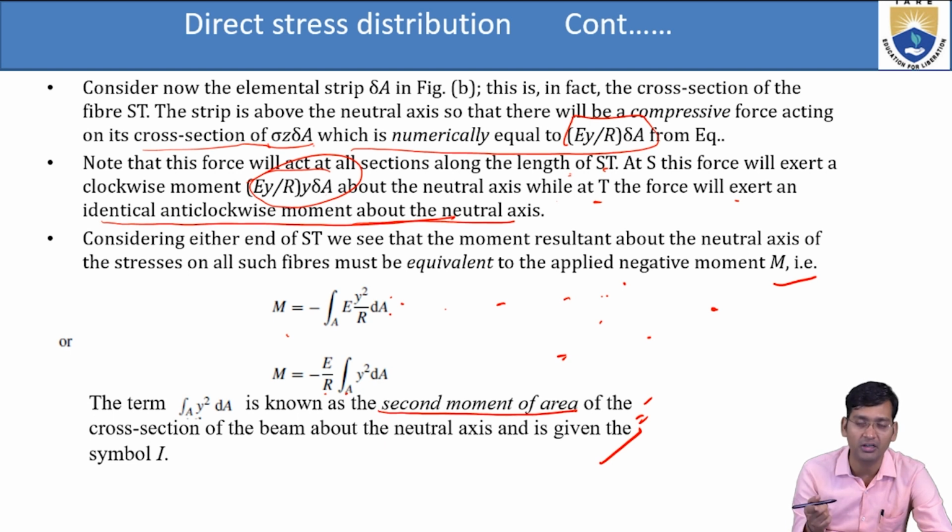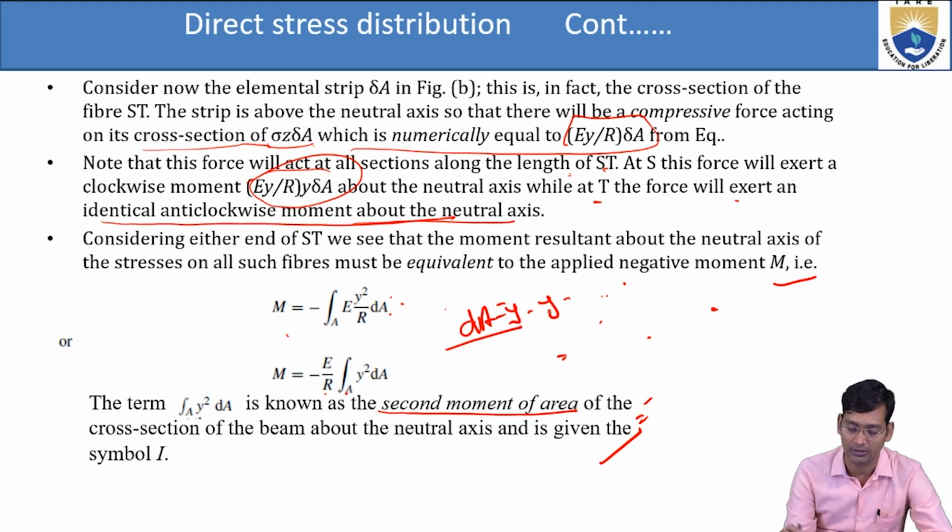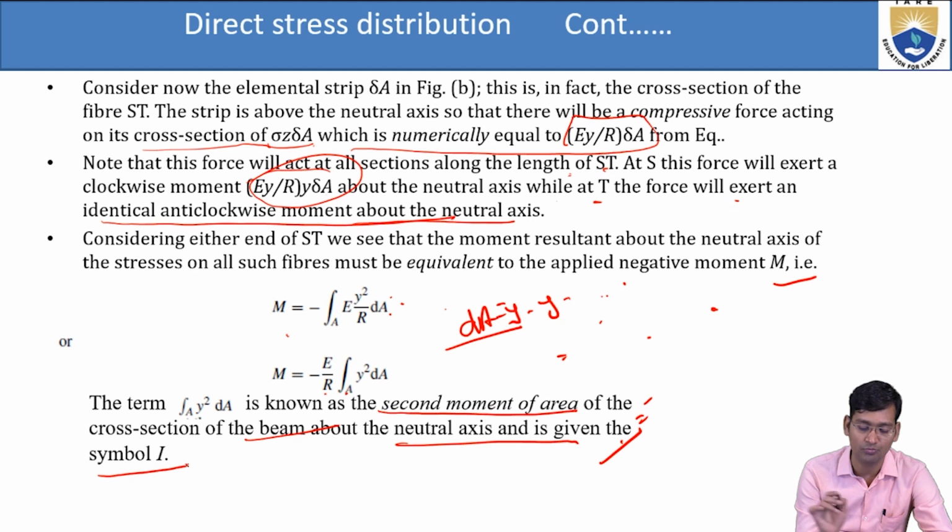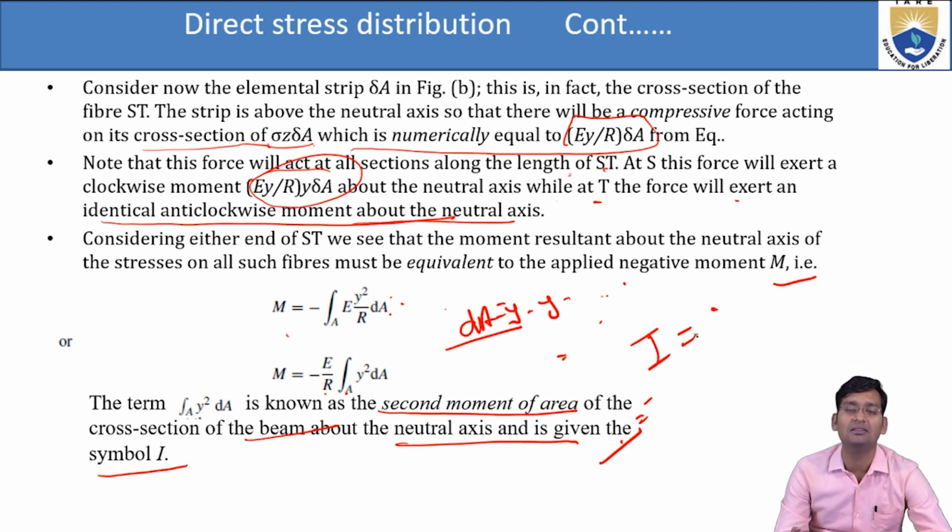So first dA into y is the moment of area, and into y again is the second moment of area of the cross section of the beam about the neutral axis, and it is given the symbol I. This is also what we call the moment of inertia. Second moment of area is another word, but generally we use moment of inertia. So we can say I equals integral of y square